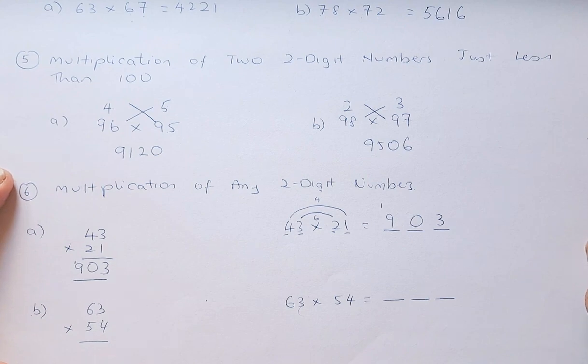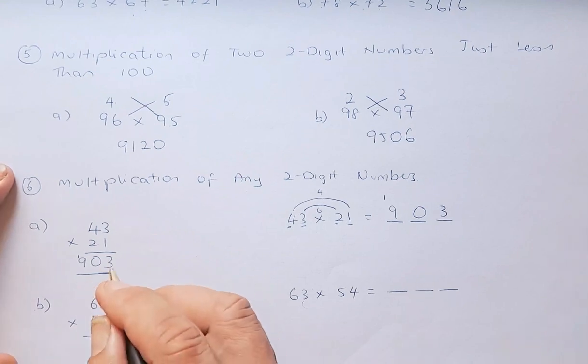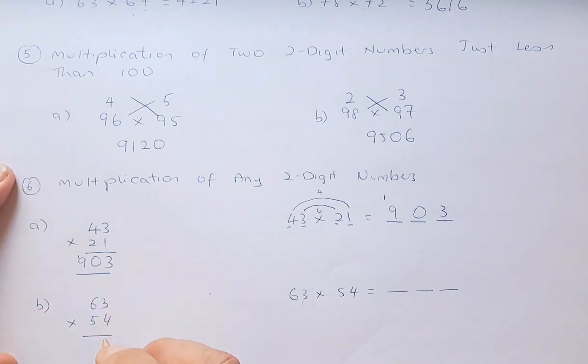Okay, now we do the next example. 63 times 54, the same. So 3 times 4 is 12. Carry up 1. Okay, then you're going to cross multiply. 5 times 3 is 15. 6 times 4 is 24. 15 plus 24 is 39. Plus 1 is 40. 0 carry up 4. And the last one, 6 times 5 is 30 plus 4. The answer is